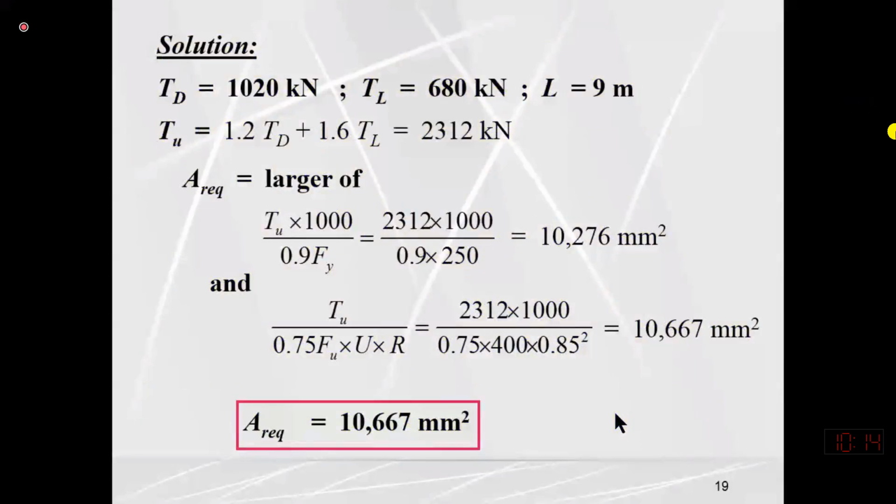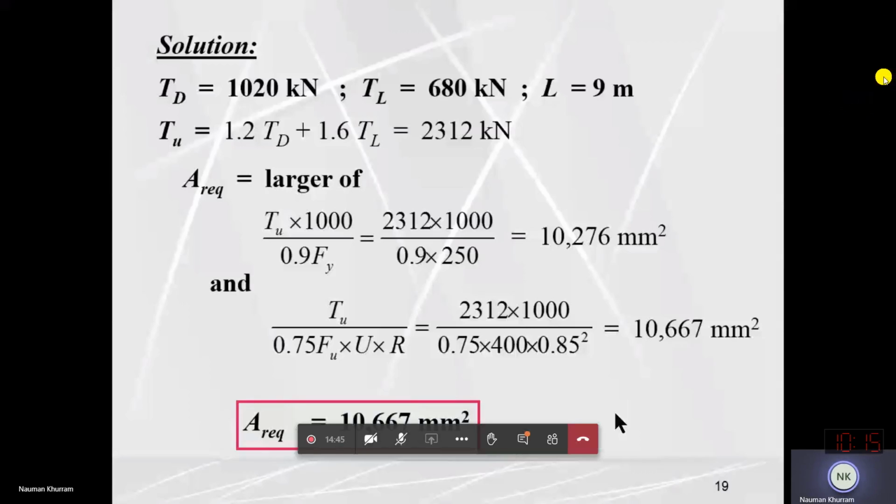The row numbers are different in different editions. For example, in the LRFD manual that I have with me, I am consulting point D. Maybe in some other manual it is point E, and in some other manuals you may have point F or maybe G. So W is written under the types of member, and if you have the manual with you, you can also consult it.